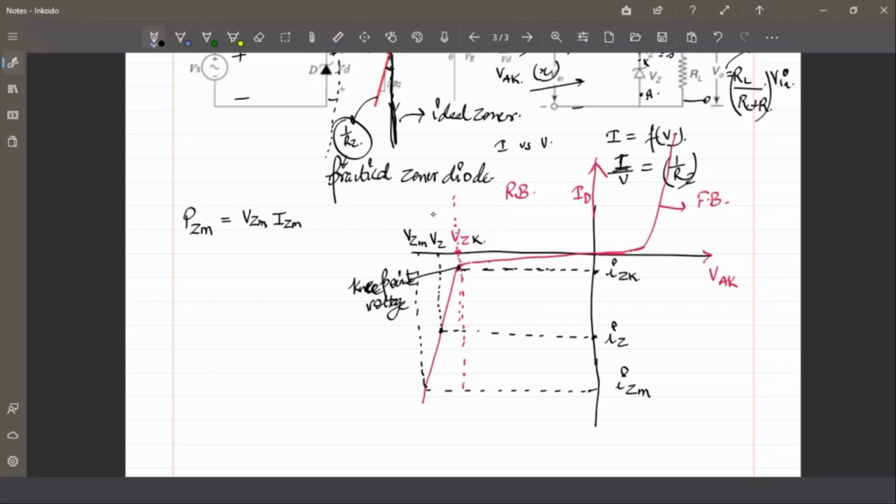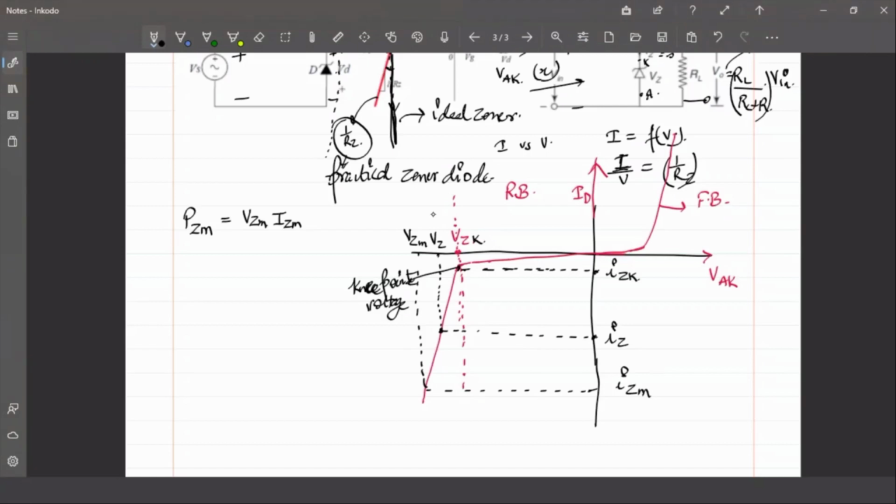maximum. That means in this characteristics, if you're selecting a Zener for any application and you're saying, okay, I'm using it as a voltage regulator, it will be operating in the reverse bias condition. But we don't know in the reverse bias condition till what value the current can be handled by the device. Because you can see this is a continuous graph. In the reverse bias condition, it is increasing like this. So where has to be the limit?